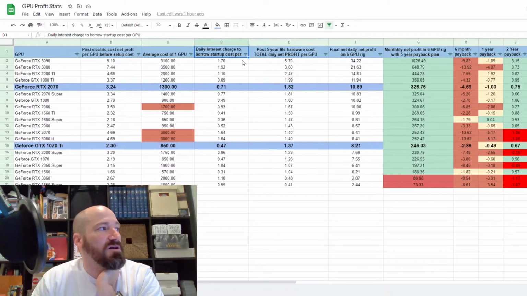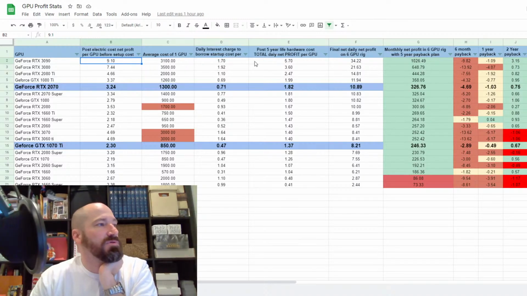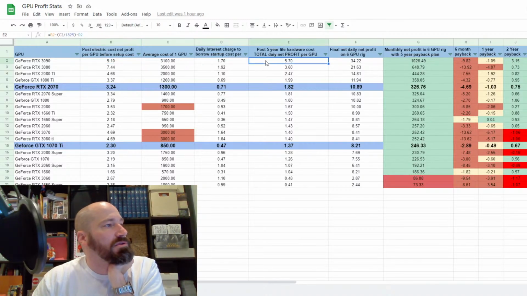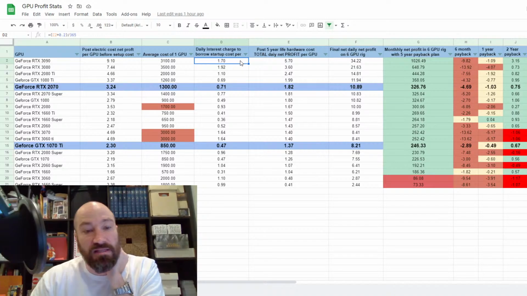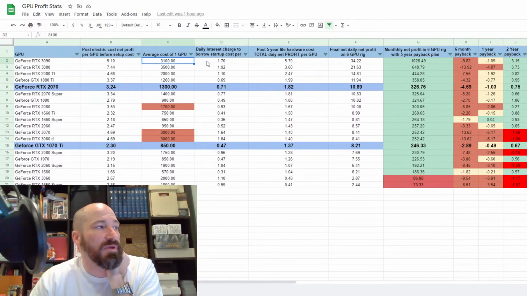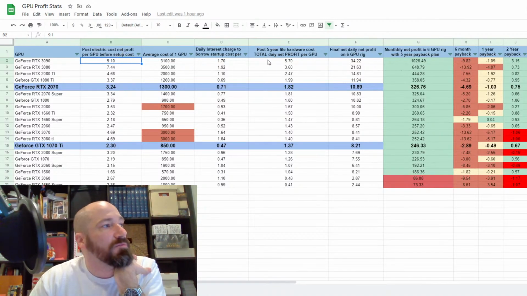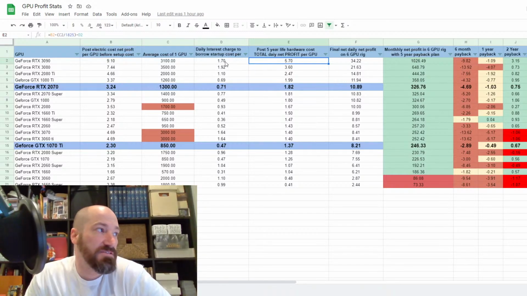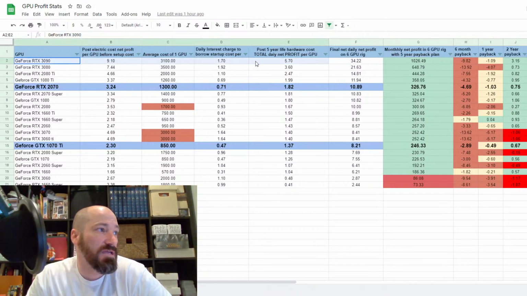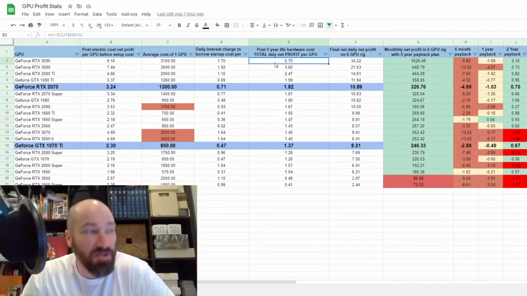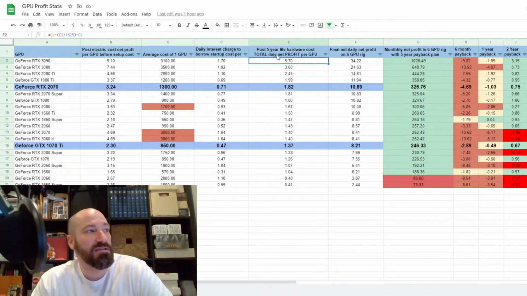So basically we're taking off $3.40 a day. So it's basically $1.70 interest, $1.70 to pay it off. So you're paying $3.40 a day just to pay this thing off, right? And that comes right off of this profit, which includes the electrical takeoff. So you're basically only making $5.70 a day on this 3090, okay? $5.70 a day. That's your real profit, and that is as long as you pay this thing off in a